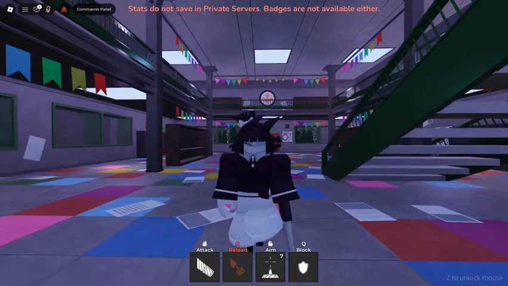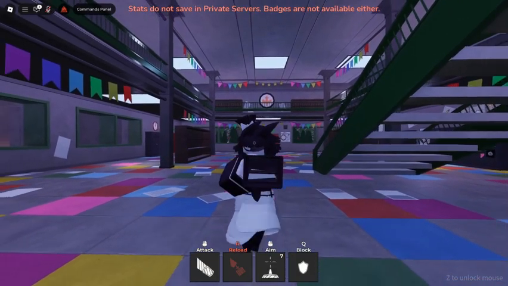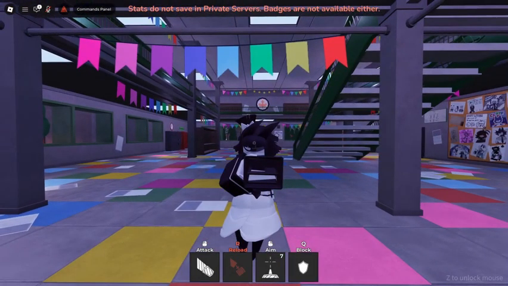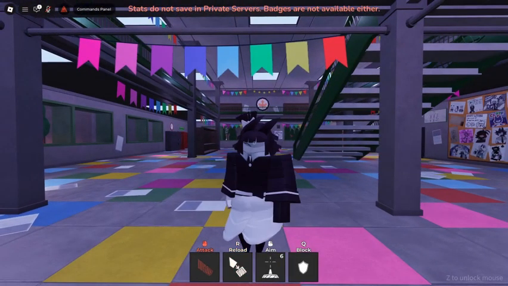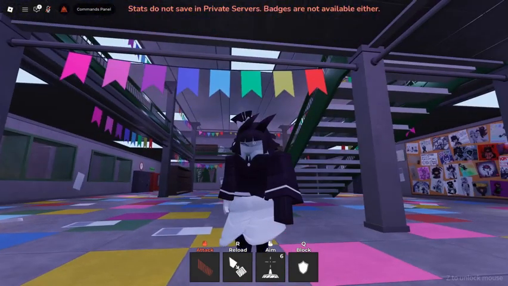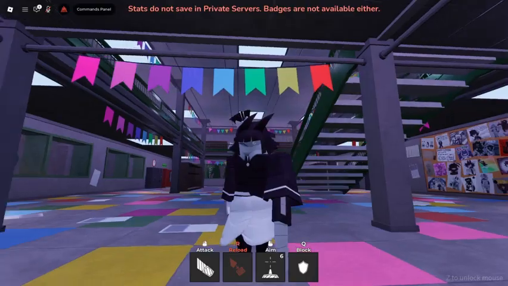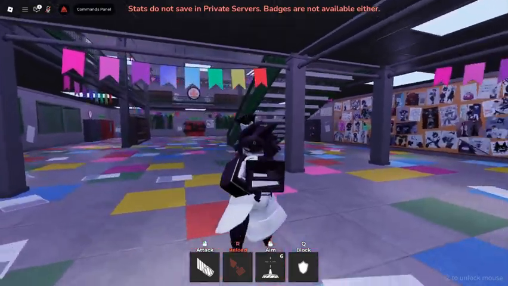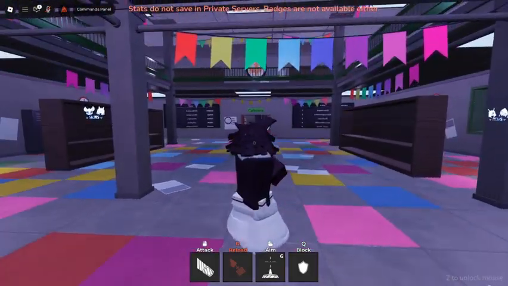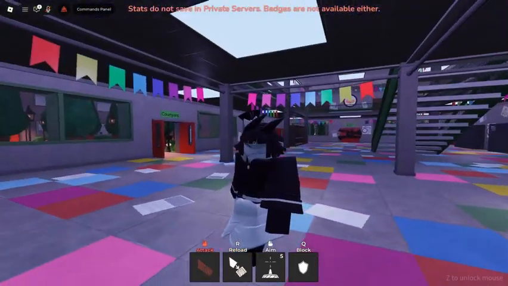And then she has an aim, which turns her hand into a gun, so she can shoot her hand like a gun. And then we have our other ability, which is reload, which means I can just reload my hand. So if someone was over there, I could shoot them.